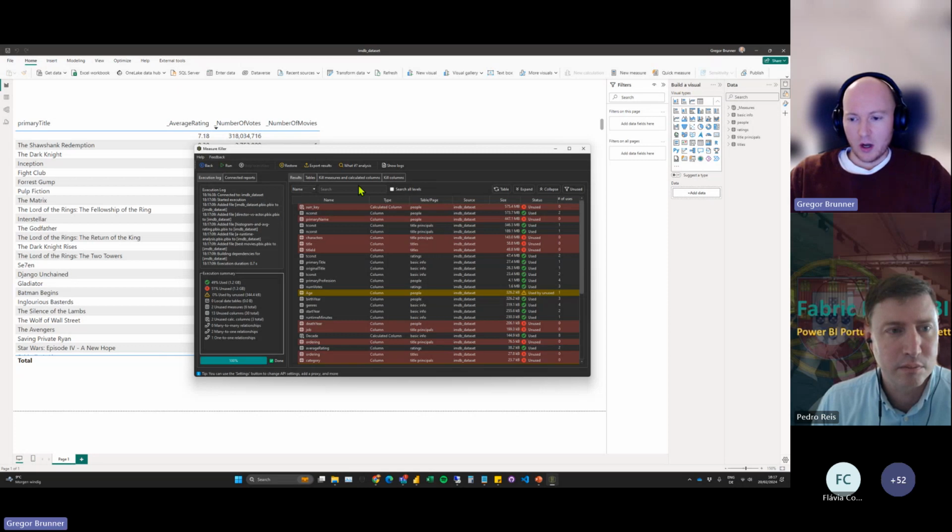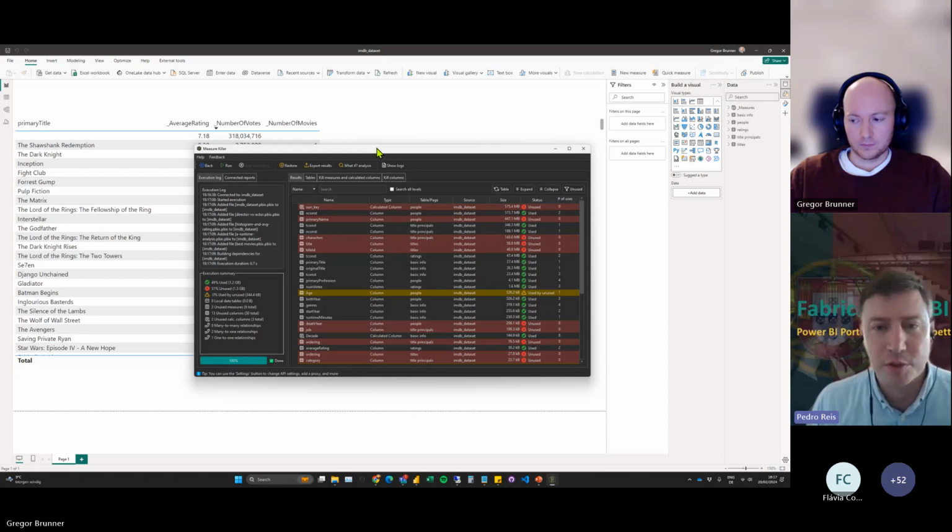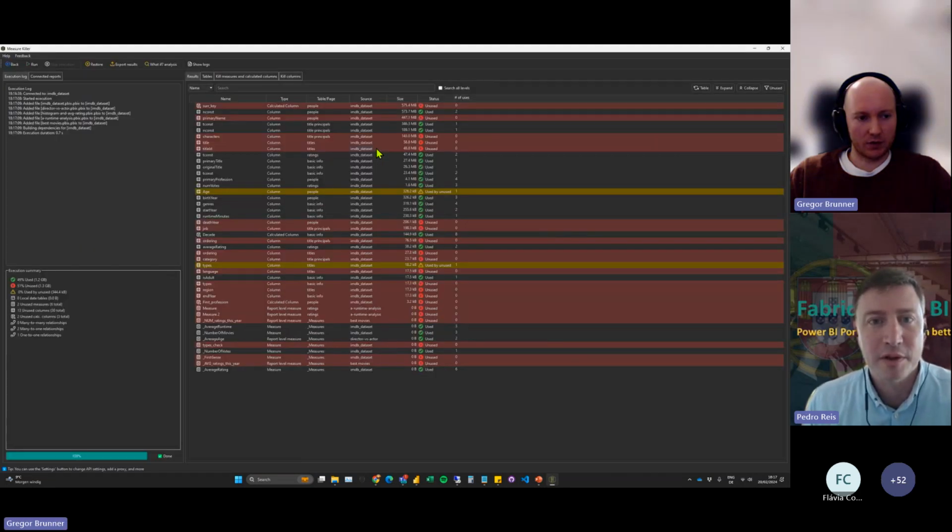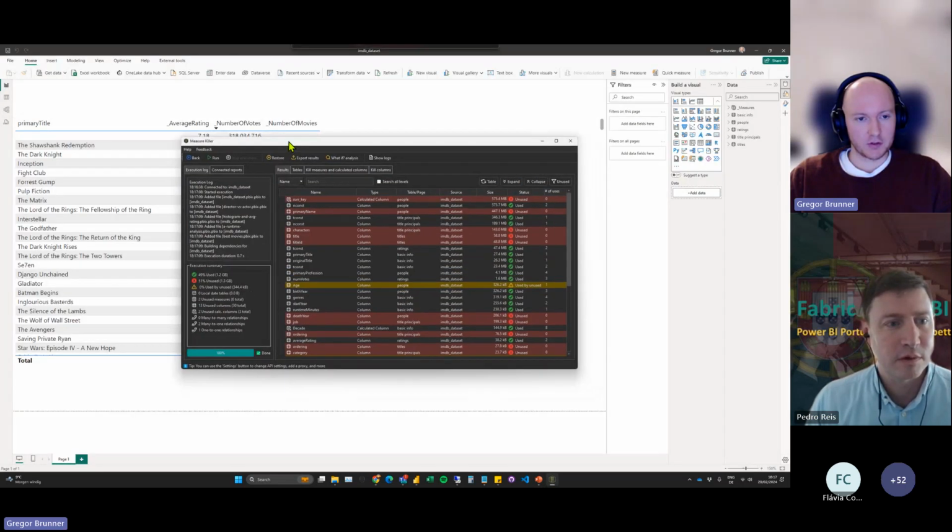By the way, is it too small? Should I make it a little bigger maybe, or is it okay? I think it's okay. And if anyone needs to zoom in a little bit, please use the control and scroll if you want to zoom in on a particular page. But I think it's okay, Gregor. Great. Yeah, because this is just going to expand this, but not the font size.